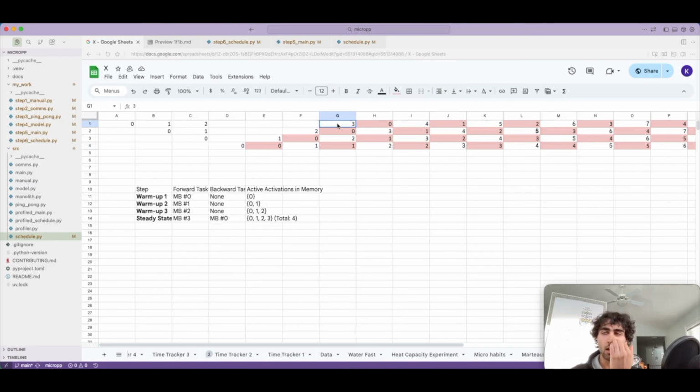So the pattern here is that starting at an index of 0, the number of the microbatch that you must forward pass is equal to the index plus the number of warm-up stages that that GPU has to do. So in this case, we have index 0 for the backward pass, and that's the same for all 4 GPUs because it's doing it in this staircase sequential manner. But because we have this warm-up stage, we need to do the index 0 plus 3 and forward that microbatch